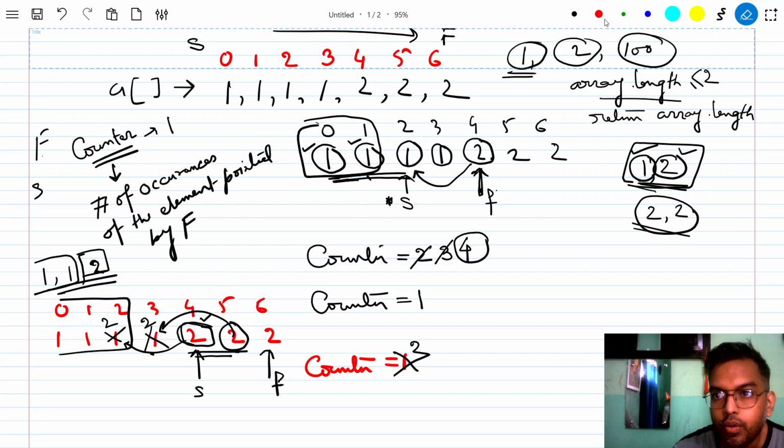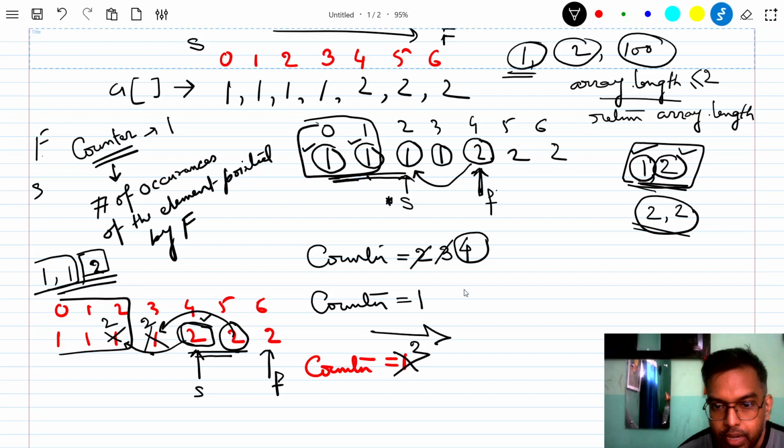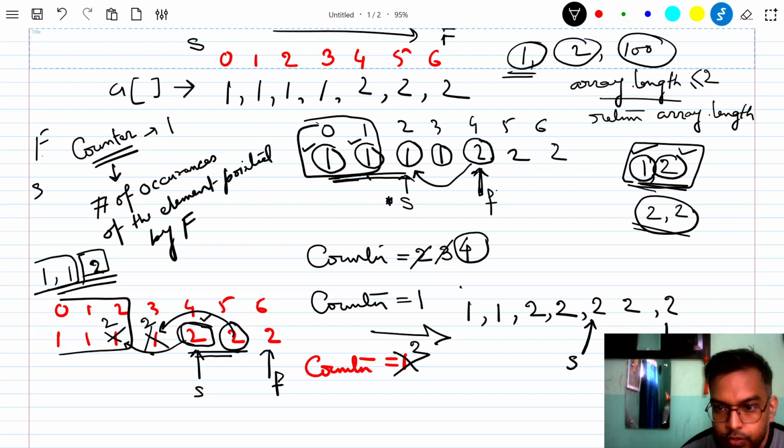So now what is my result right now? My result is 1 1. Third one has been replaced with 2. Fourth one was replaced by 2, and then you have a 2, which is where currently the slow pointer is at, and then you had a 2, and then you had a 2, and this is where your fast pointer